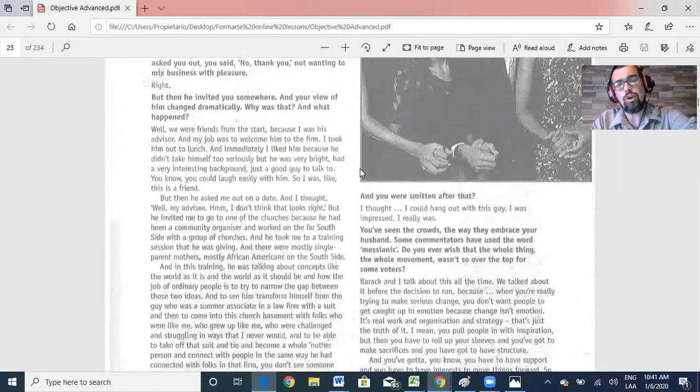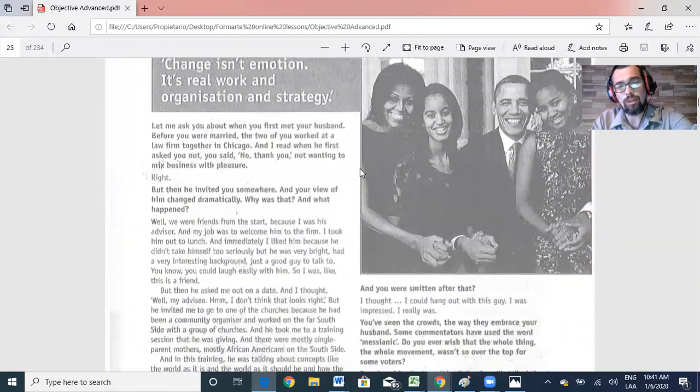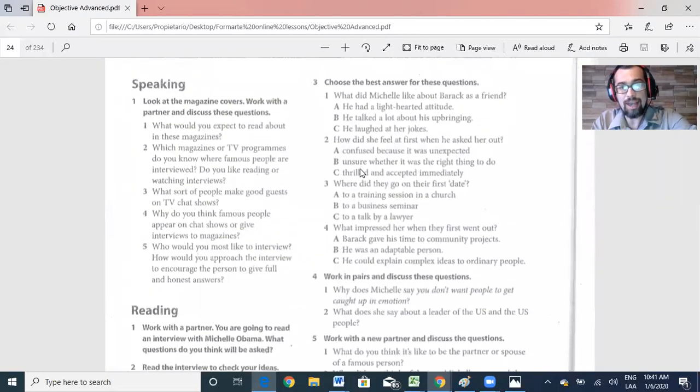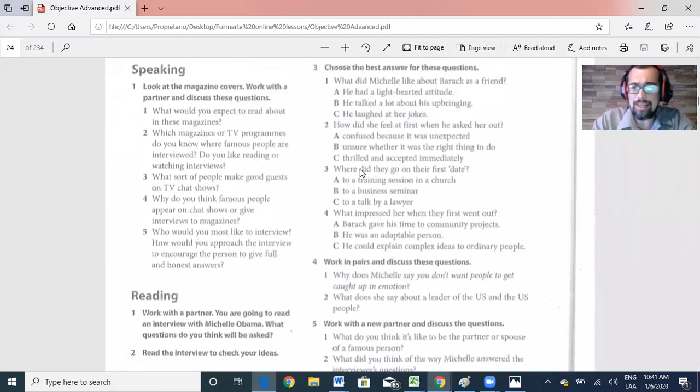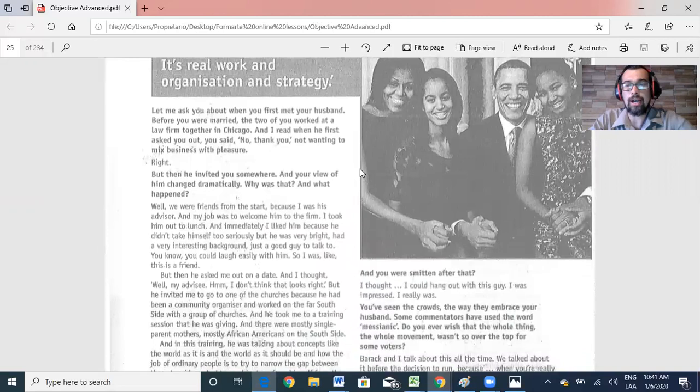And so what I recommend is for you to read it all. And then you see we have here our questions. In this case, they just show 4, but in the real test, it's going to be 6. Normally, and this is how it works, the first question is going to be in the first paragraph. I mean, they're always in order. The second question, once you answer the first question, is going to be just after that, in the second paragraph, and so on.